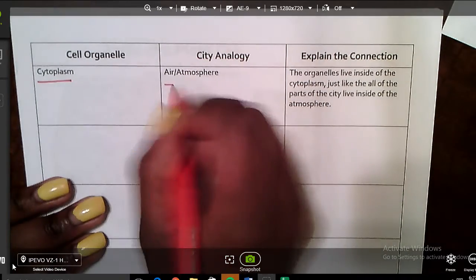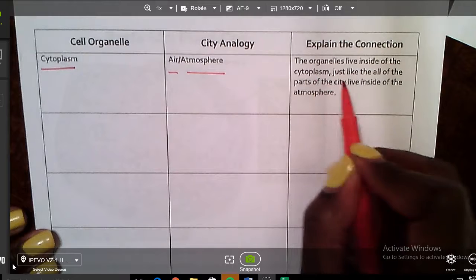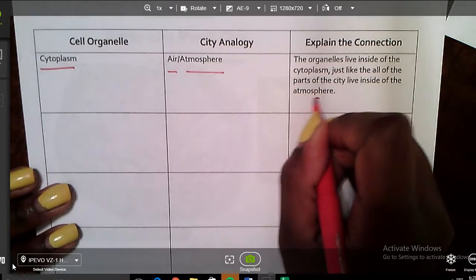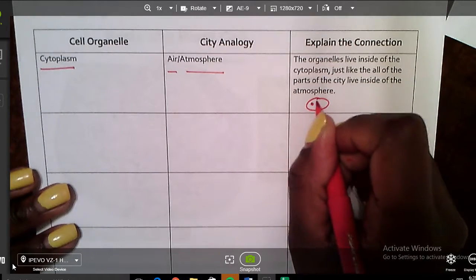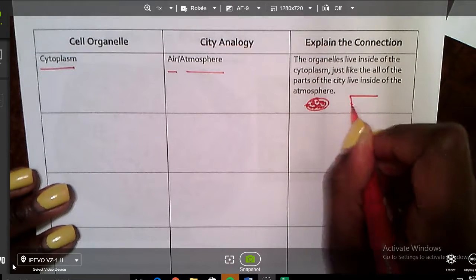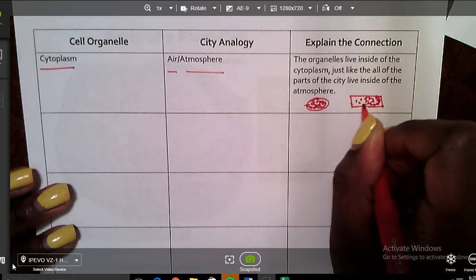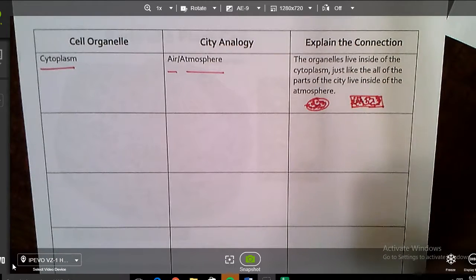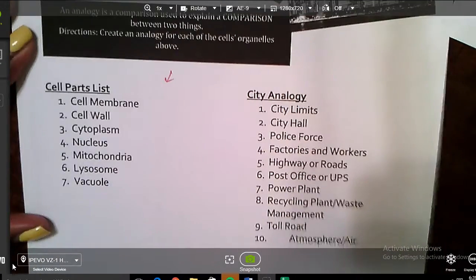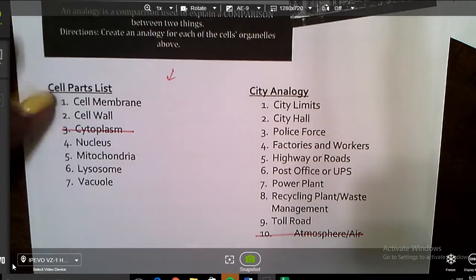I said the cytoplasm is like the air or atmosphere that surrounds the city. The organelles live inside of the cytoplasm, just like all of the parts of the city live inside of the atmosphere. So if this is the cell, and these are the organelles, and the red is the cytoplasm, if we have a city, and these are all the objects in the city, well, the oxygen fills in all of this space and we live in it. So that's why I thought those two were most connected. We're going to do one more together. So if I go back to my list, I can cross off cytoplasm, I can cross off the atmosphere and the air. The next one we'll do is,